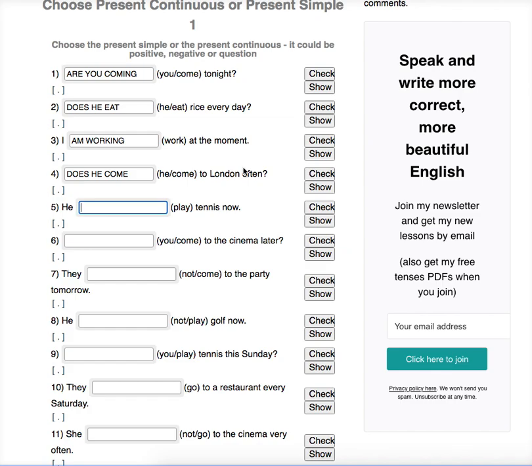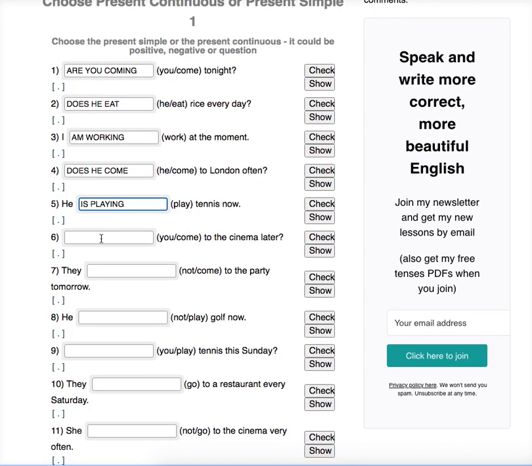He is playing tennis now. He is playing tennis now. Very good. Look at the next one. The next one is going to be done by Samuel. So, Samuel,